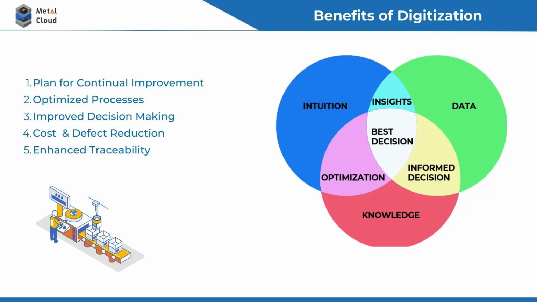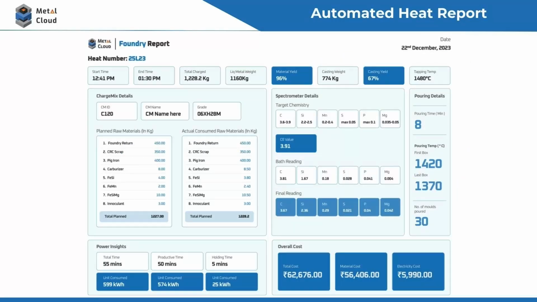Like melting का data हम लोग के पास है, molding के सारे parameters के data हैं. So if any defect occurs, we can easily correlate it with the defects. So this will be another beauty of this digitization if we implement this at any factory. Obviously this is one example कि हम लोग कैसे by connecting different equipments, how we can generate an automated heat report. So basically आज के डेट में everyone is monitoring the heats, everyone is monitoring the molding lines,